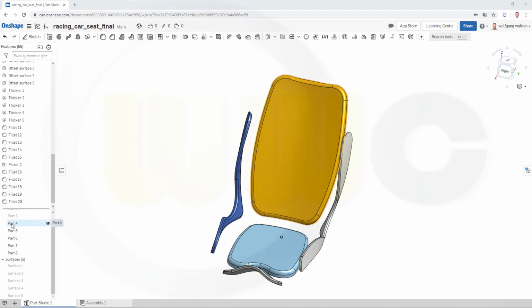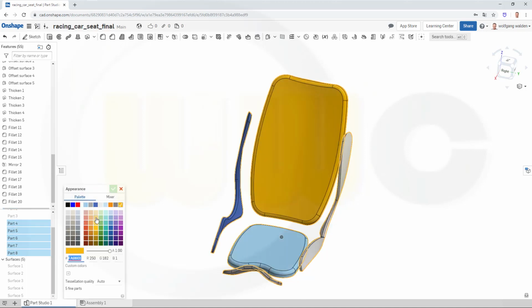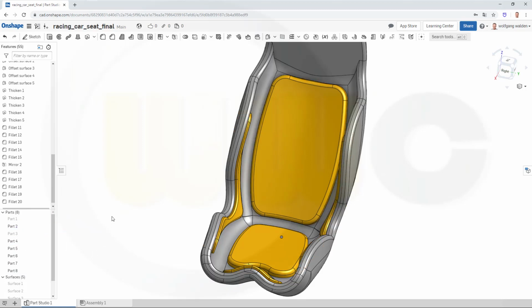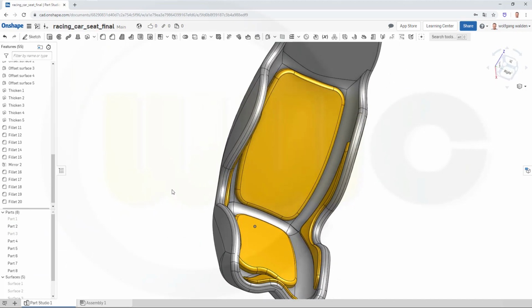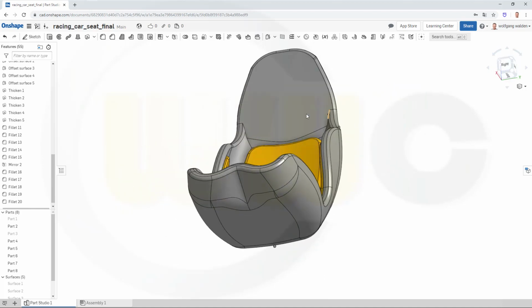So maybe give those parts the same color if possible. So go for edit appearance and let's make it that color here and confirm. Bring back our part 2. Show. So it looks like this. Looks okay. Now for the head cushion,